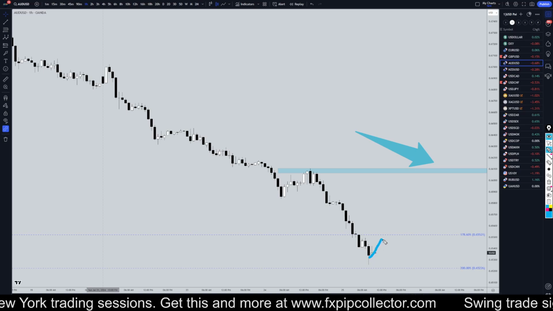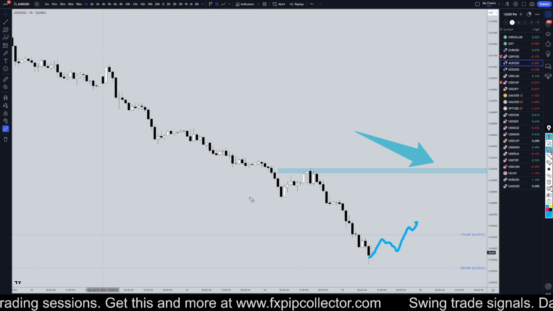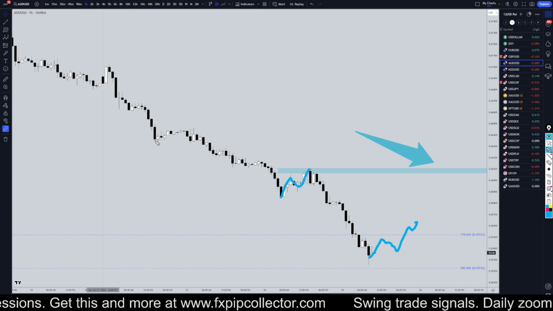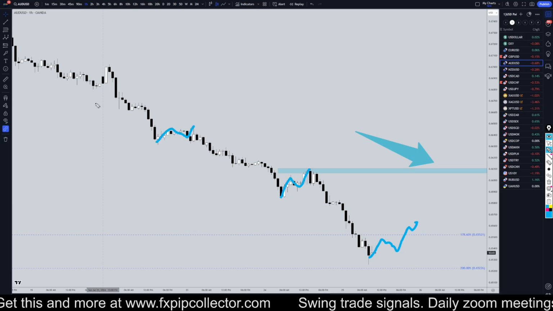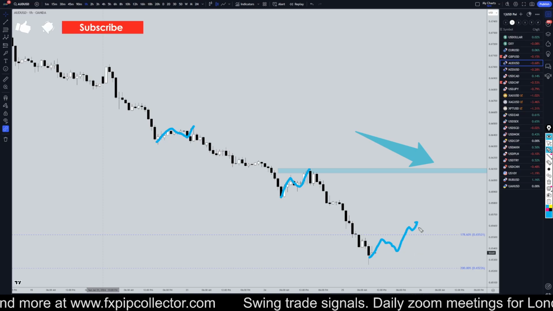Going down to the 1 hour time frame, like I said, I'm not even remotely thinking about going long. I kind of hope that it does start a move to the upside. You know, something like this back here, 1, 2, 3 waves up, 1, 2, 3 waves up. That's exactly what I'm looking for in the future.